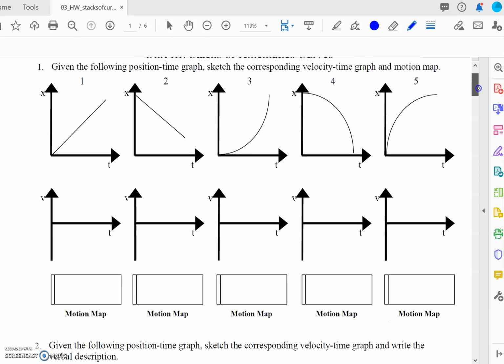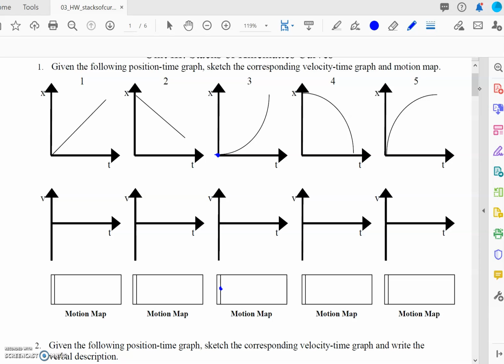All right, so let's start with problem 1. We're given the position time graph. We want to sketch the corresponding velocity time graph and motion map. I'm going to choose example number 3 here. So in looking at the position time graph, the object starts at a position of 0. So I'm going to come down here to the motion map first, and I'm going to start with my first